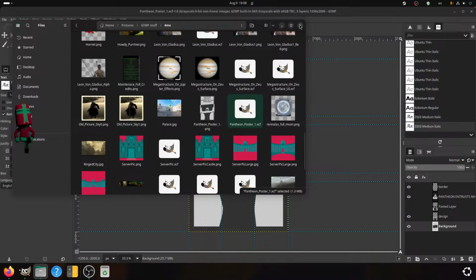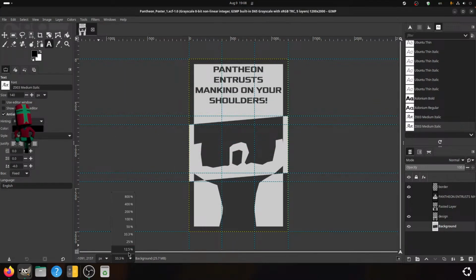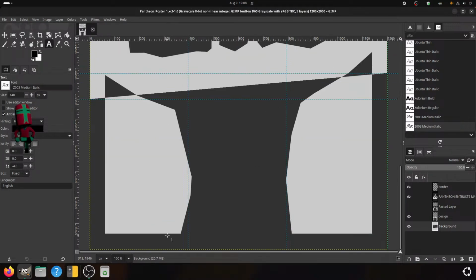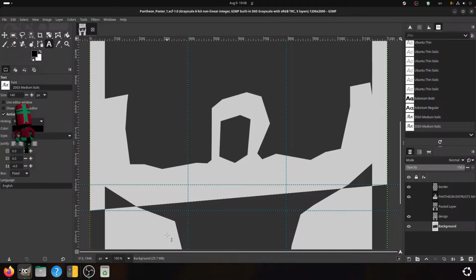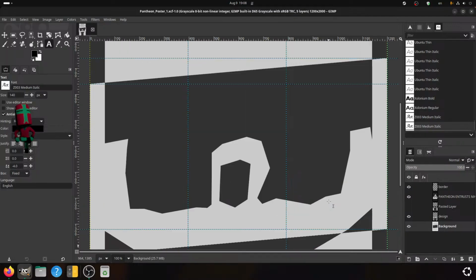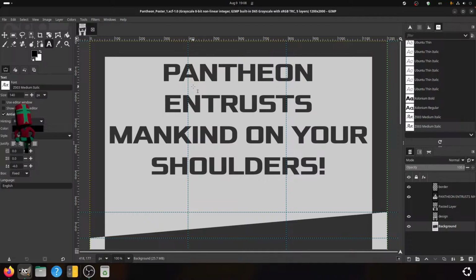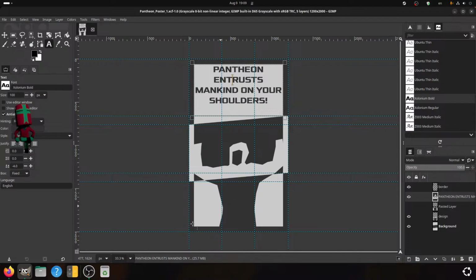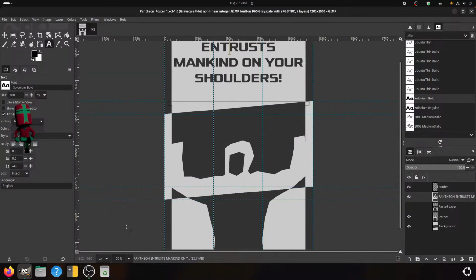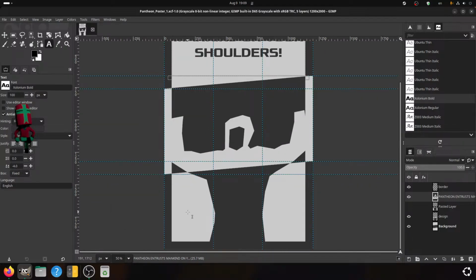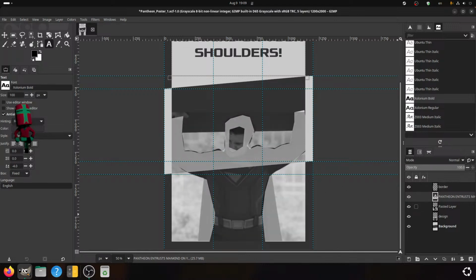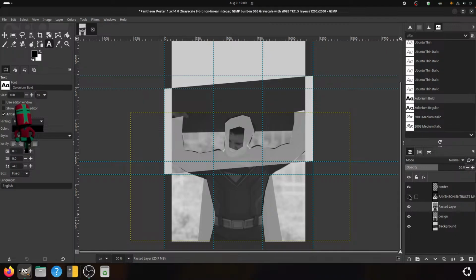Okay. Fair enough, I suppose. Yeah, anyway. Pantheon entrusts mankind on your shoulders, Zolonium bold. It is not bad, but it does need some work. That's why we have Superman over here.